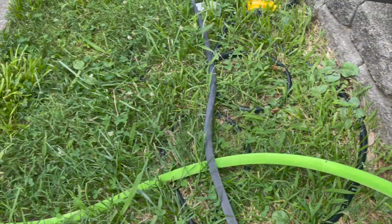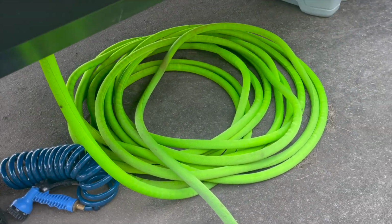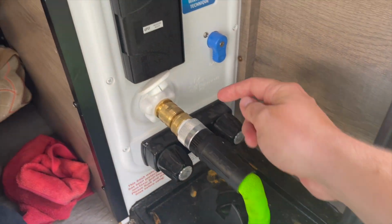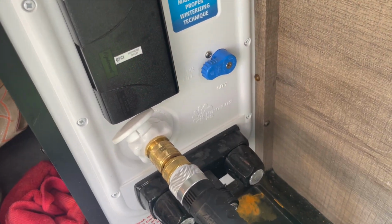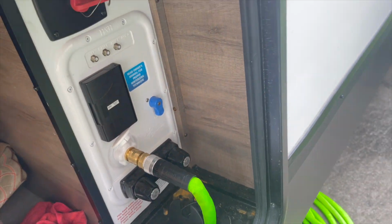We have that 75 feet, which is the only disadvantage, but we use that, and then it comes up and connects. And again, where we have a plastic fitting, we also have a quick disconnect. So we use this to fill the tank, and then back to city water. So we use that, fills that, and then we have